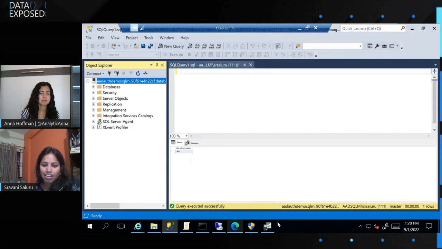Cool, awesome. Thanks so much, Ravani, for showing us Windows Auth for Azure SQL Managed Instance, and even taking us one step deeper to say, hey, this is how you actually configure it. This is what it looks like. This is the PowerShell module that we've created to make it that much easier for you to get set up and configured. I just want to thank you a ton for coming on the show.